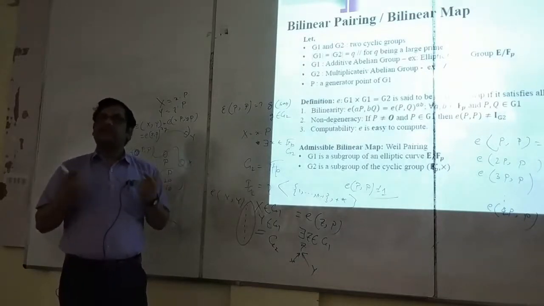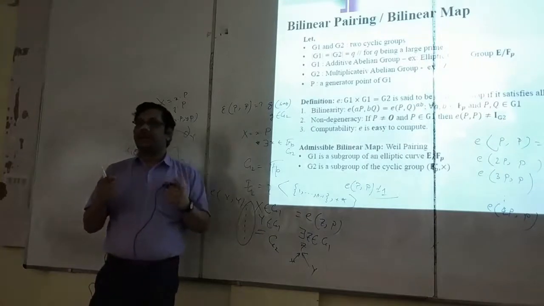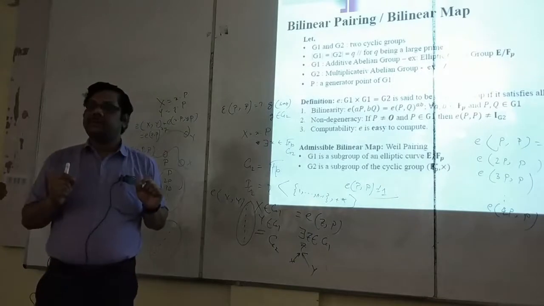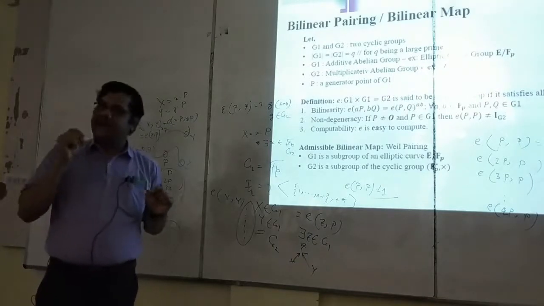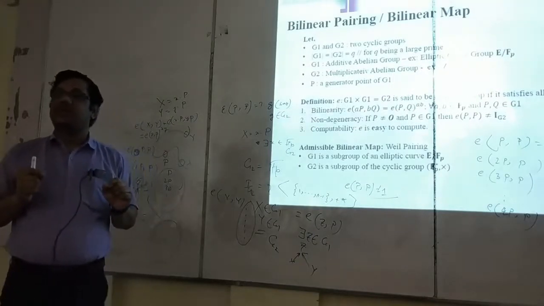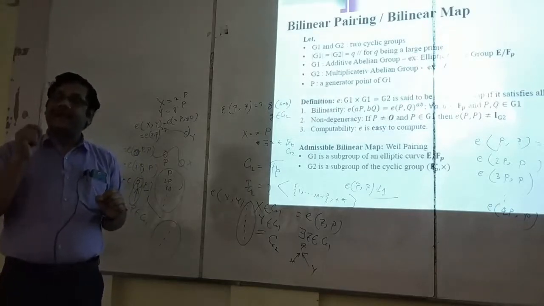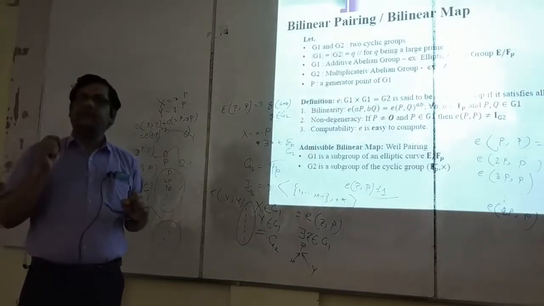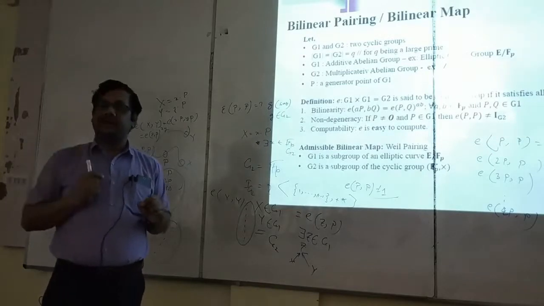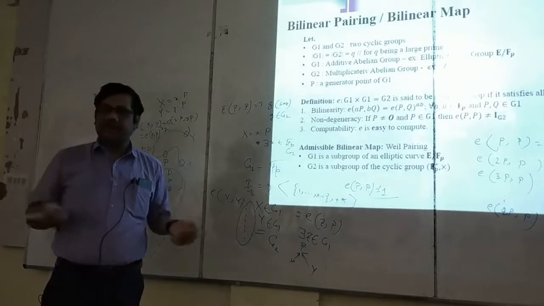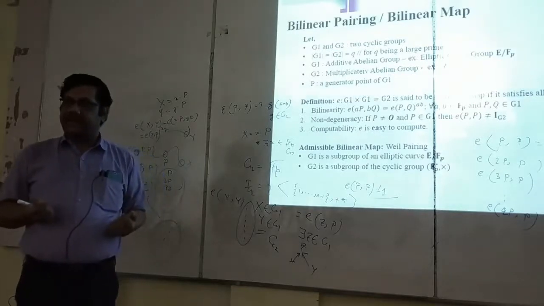Moreover, if the size of the subgroup is 1, then what is the element? Only the identity element can generate a subgroup of size 1, because any group must contain the identity element of the group. Otherwise, it is not a group. The third property of a group says the identity must be there. Identity cannot be missing.